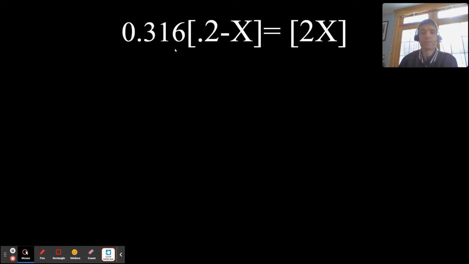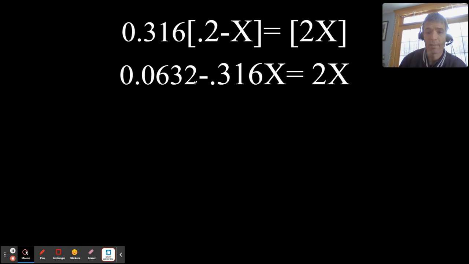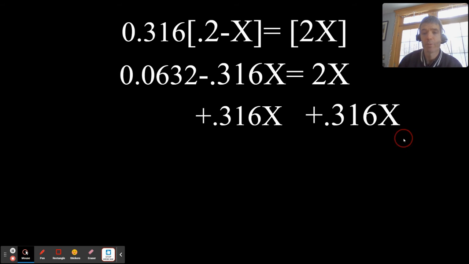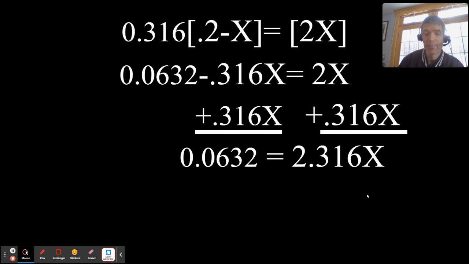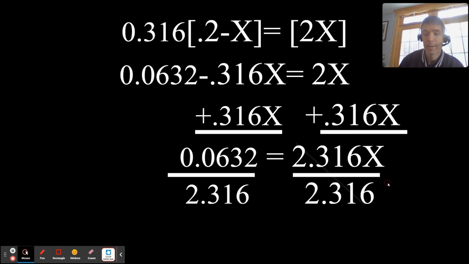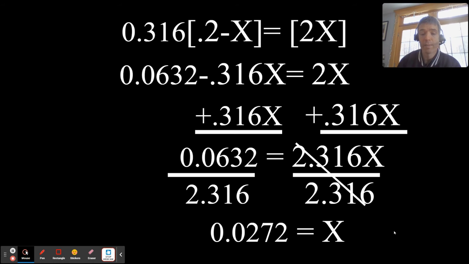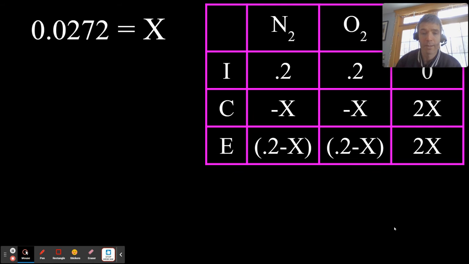The next step is to distribute this to each thing. All right. I'm going to get this. And then the next step, I want to isolate x, so combine like terms. I've got to do that before I isolate x. I'm going to add this to both sides. I'm going to be left with this. And now to isolate x, I'm going to divide by that. And I get this. Now you may think you're done, but you really have to go back to your ICE